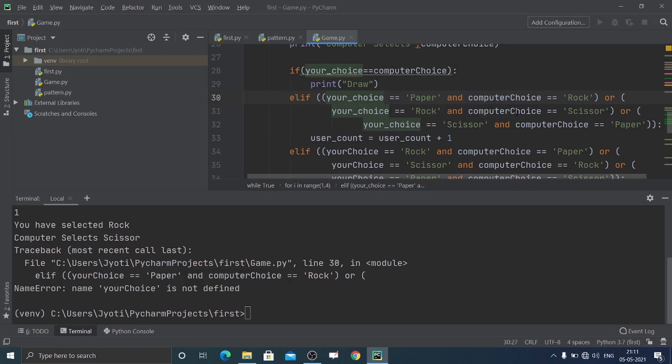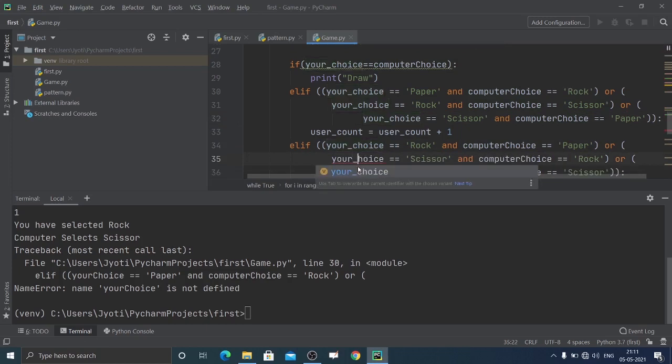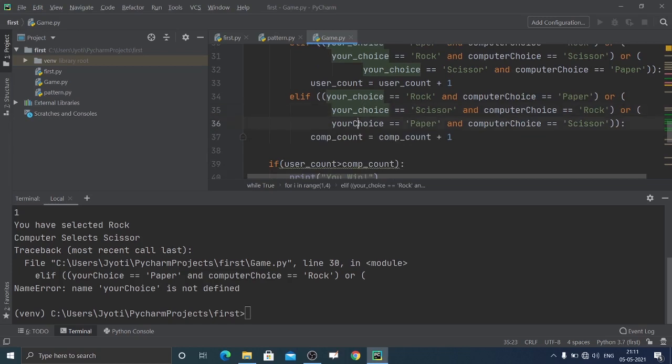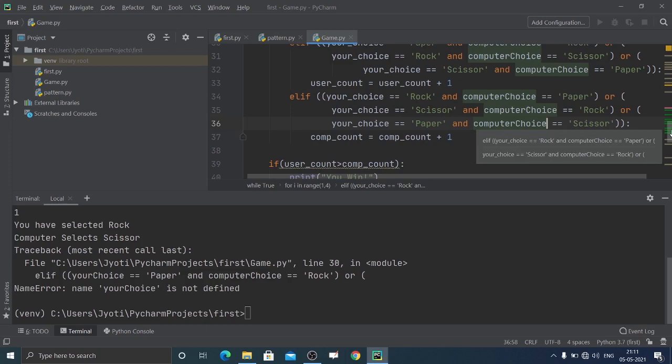That was a mistake. You need to type the correct variable name, so here you need to change that. Your choice, it's like that. Else I guess everywhere it is correct.